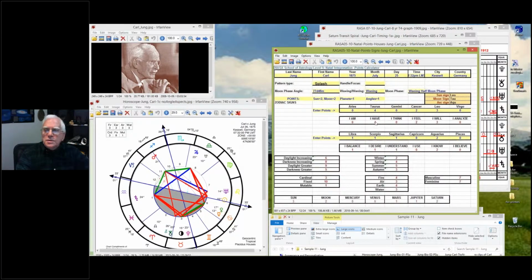Again, 4 points Taurus, I have 3 points Leo, I will, 2 points I feel. That's Mercury, Venus, and Cancer. So there's feeling and sympathy there. And the other, I balance, I desire, understand. 1 point, I know this is 2 Aquarius. So I have to have this. I will do this. I know what I have to do, and I know what I feel like. So it's just playing with those.